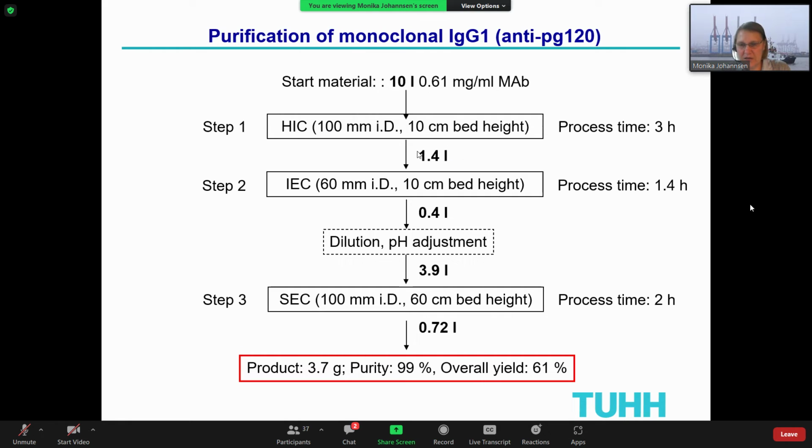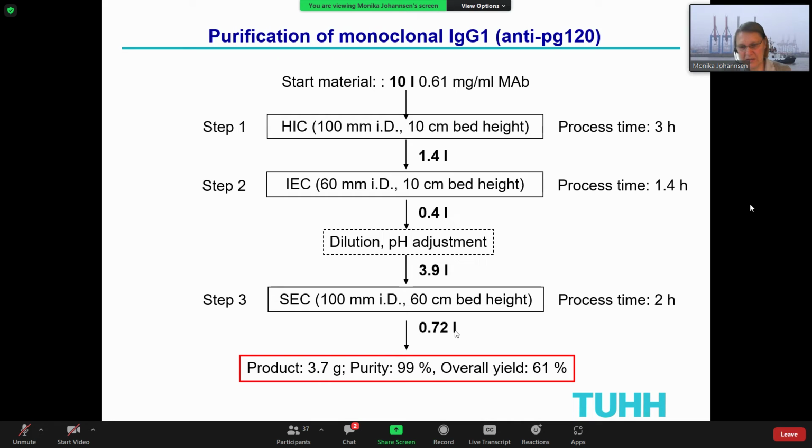We come out with a fraction of 1.4 liters. With this we do an ion exchange step. After that we have a fraction of 0.4 liters. This we need to dilute by a factor of 10, in order to adjust the pH, for example. And then we can do the size exclusion chromatography as a last step, and our final product is